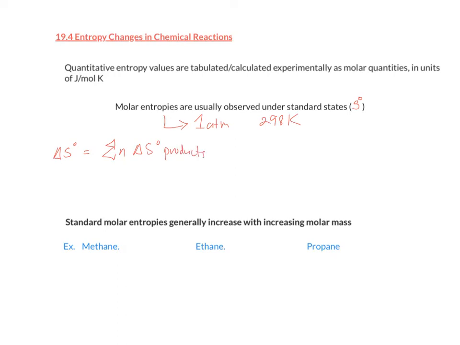So we have our sum, that means sum, that's all, just add up all your products, their entropy values, accounting for the coefficient in the balanced equation, minus the sum, that's a bad sum sign, sorry,